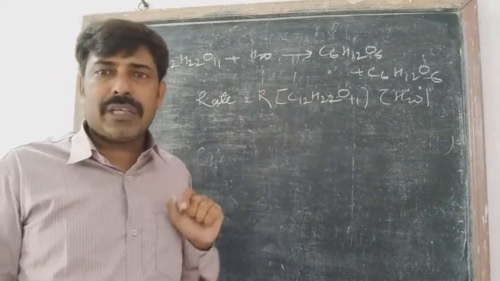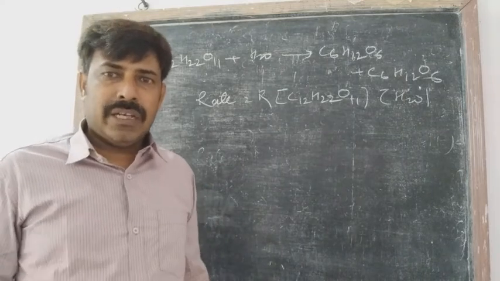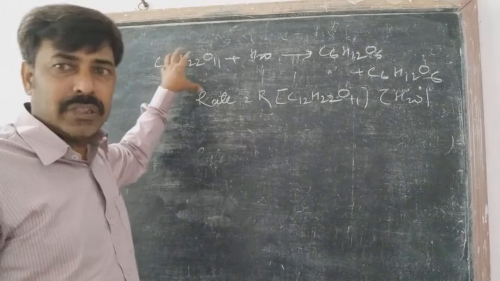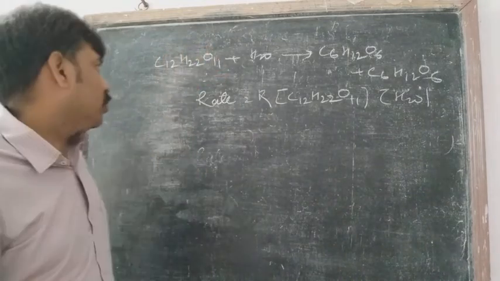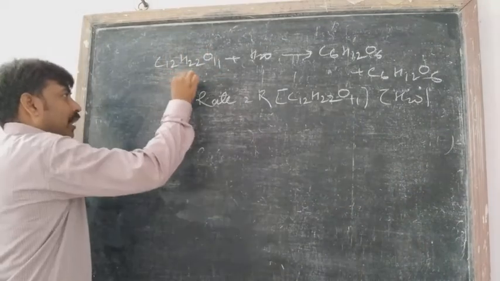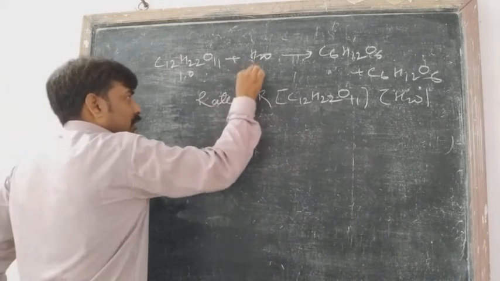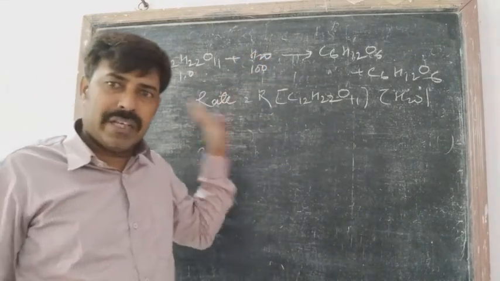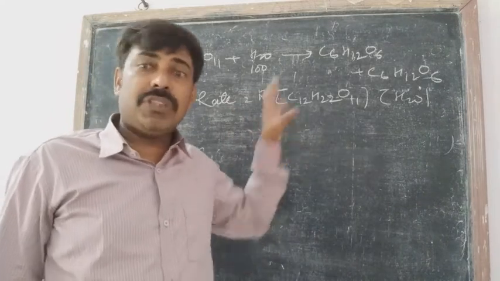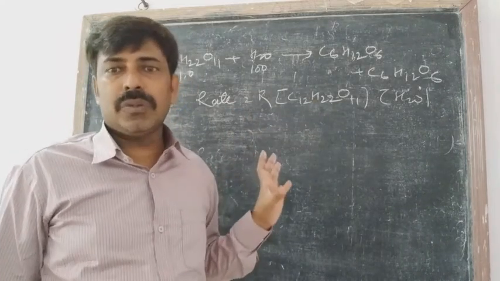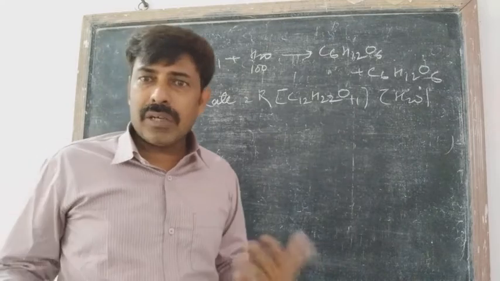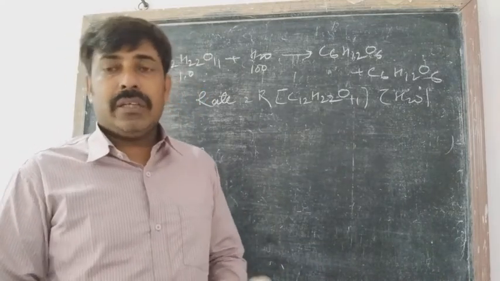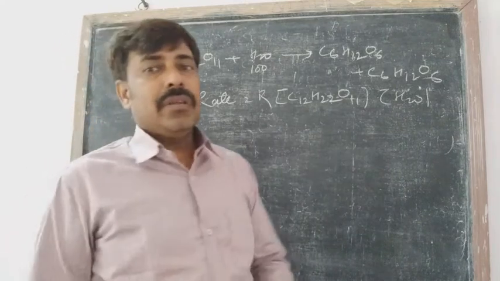But when you see practically what the condition is, then in this reaction water behaves as a solvent and sucrose behaves as a solute. So if the concentration of the sucrose is 1 mole, then the concentration of water may be 100. We have assumed that this is the condition. We just have to say that the concentration of water is much greater than the concentration of the sucrose. Then what happens? If you are considering the reaction with respect to sucrose, and we say that 25% of the reaction is completed, then what happens?